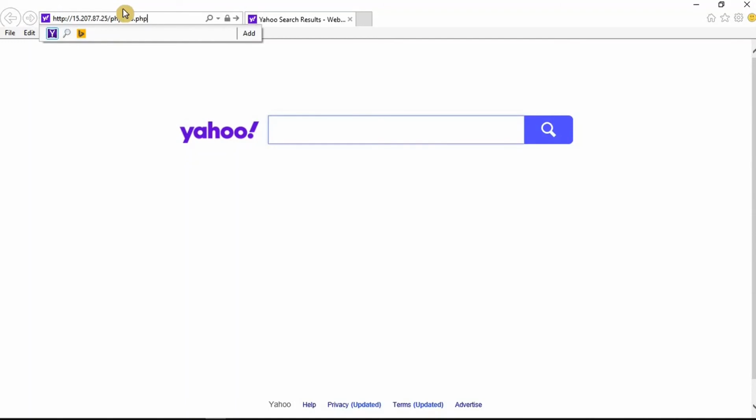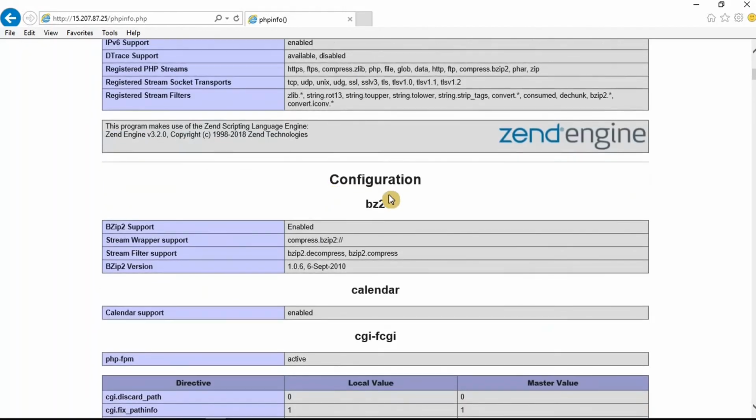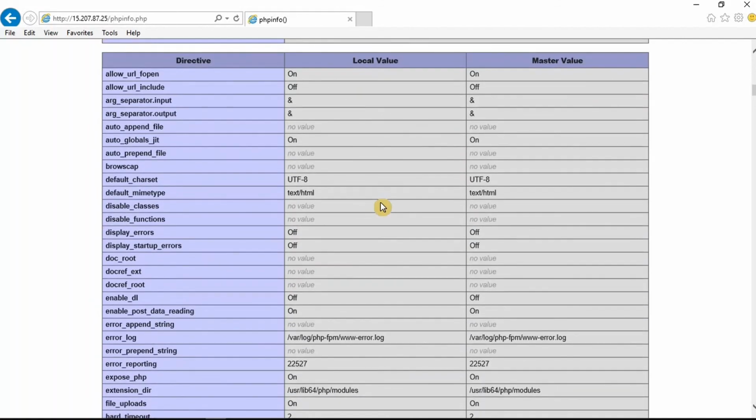This is the file that we created through the web server. You can see the application has been initialized, and it is showing the page. It shows the build date as October 21st, and we can see the configuration path and everything.